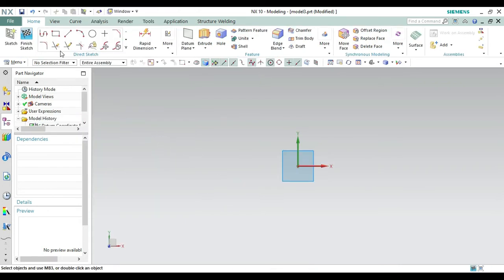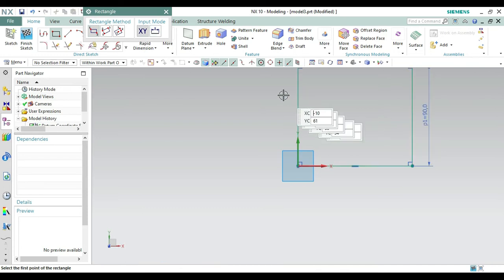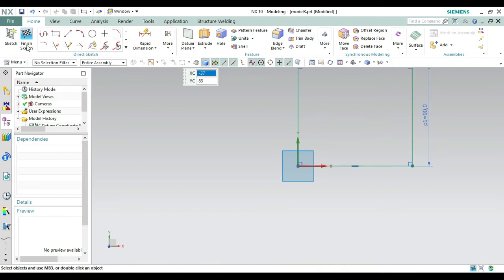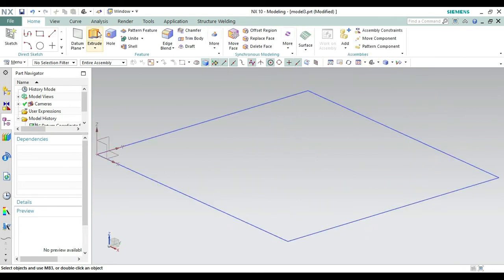Now select a rectangle for a rectangular surface and make a rectangle of 100 by 90 or any. Okay, make it 100 by and height should be 90. Make it 90 like this one. Okay, now if you want to add a text, first make it extrude something like up to 10. Okay, make it isometric from here and make it extrude.